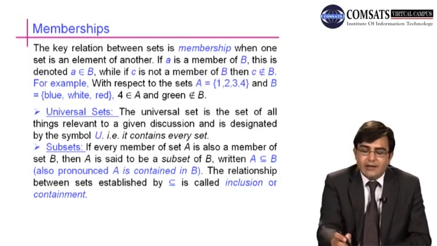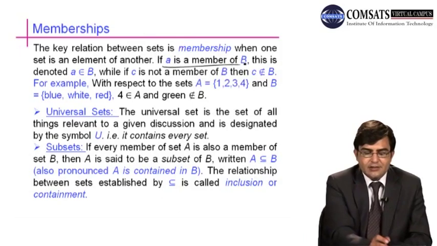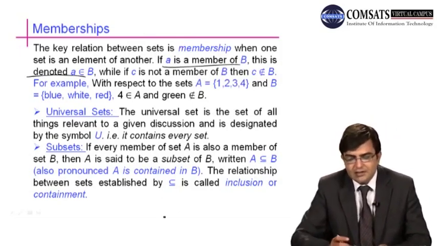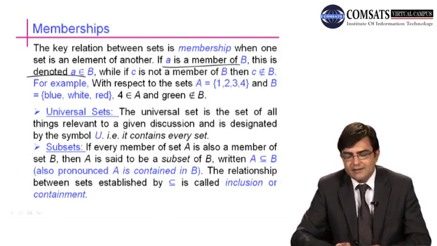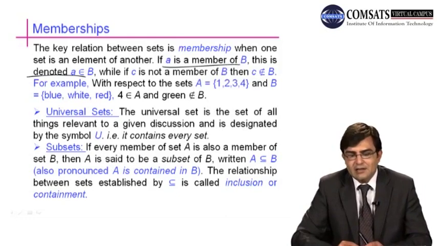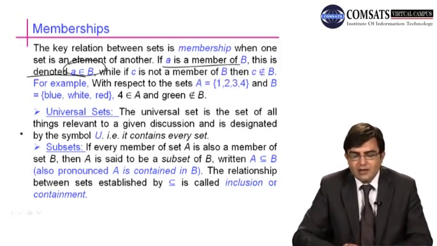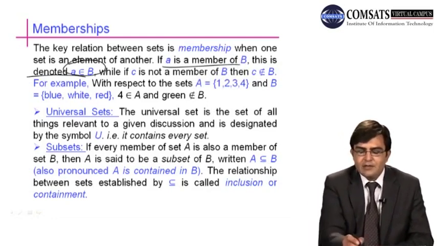So if A is a member of B, this is denoted by A belongs to B. This is the membership of elements to the set. If we say that a particular member A, for example, is a member of B, then we denote it by A belongs to B. And if we say that a number C, any number, is not a member of B,